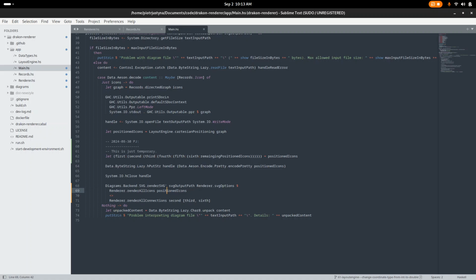And after having thought about it for a little while, I realized that using positioned icons should be perfectly doable